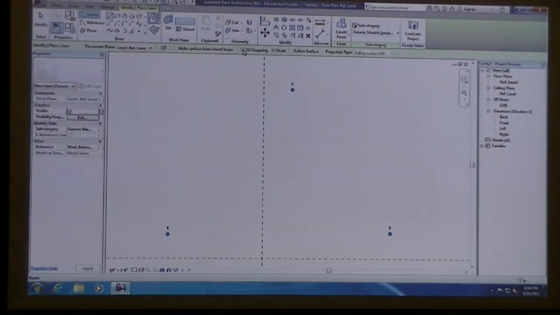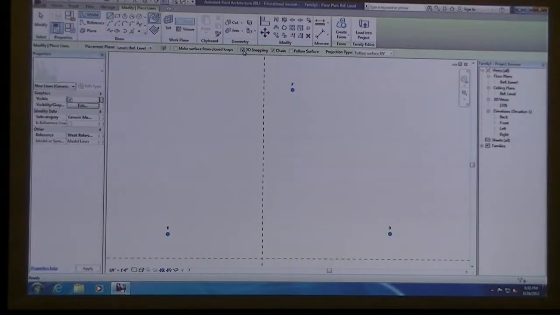You have to make sure that that's checked, because what we're going to be doing is snapping this line to these points. Even though they're in 2D right now, eventually when you bring it into another environment, these will be placed in a 3D environment. And if you don't have 3D snapping on, your 2D element is not going to be adaptive. It's just going to stay on the plane, and it's not going to stretch to the different rails that you want. So if you ever notice that your adaptive component is not reacting the way you want, it's probably because you did not click on 3D snapping.